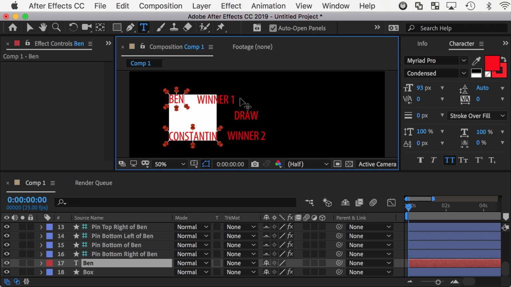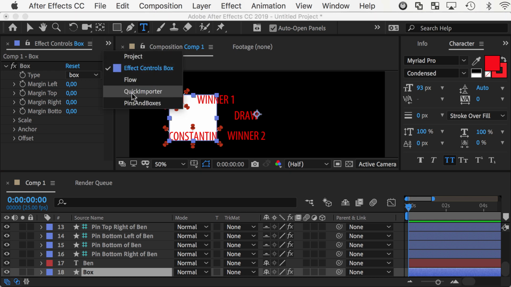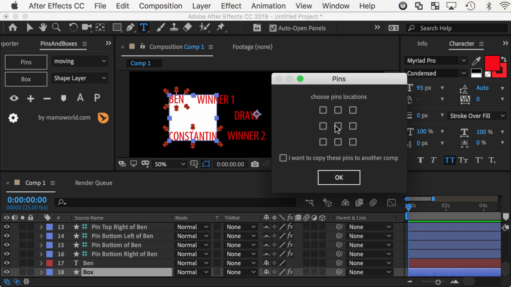And all we can do now is to say, okay, we can create these pins for any kinds of layers. We can also create pins for our box. So we go to our box, and now we already have a lot of pins, and it will look a bit messy if I create 6 pins again for this layer. So what I do instead is I only create the one pin that I need, and in pins and boxes, instead of clicking on this button, I shift click on it,